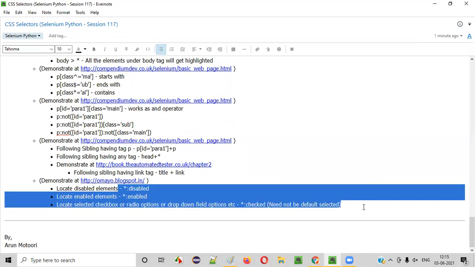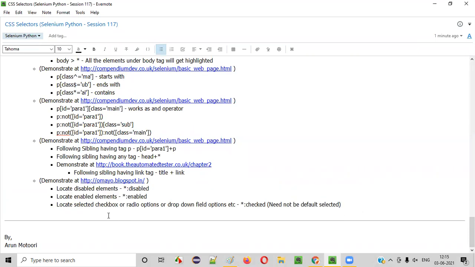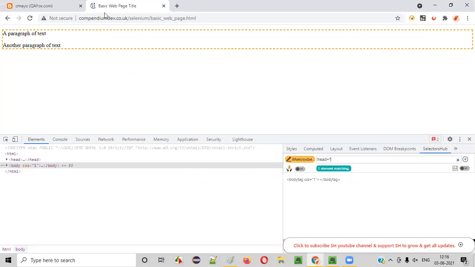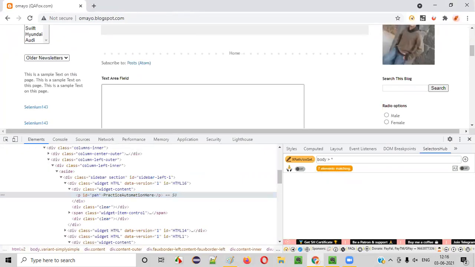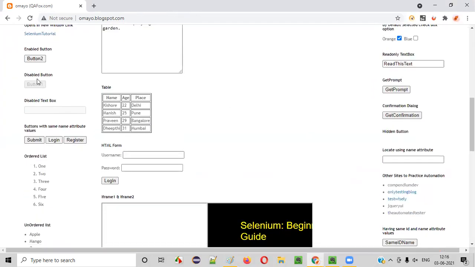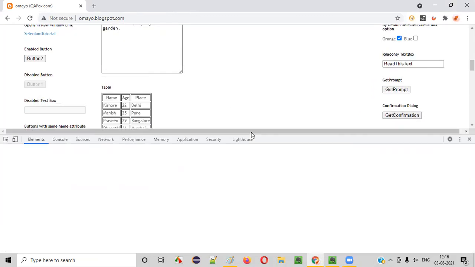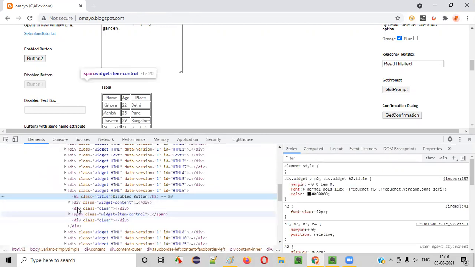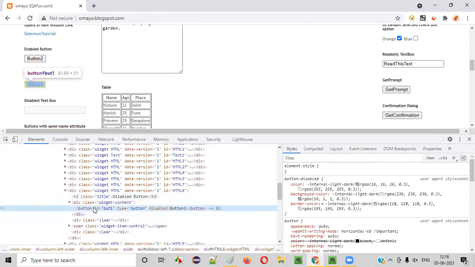Now the remaining things, last few things we have. In this particular page, guys, there are a few disabled elements. For example, this button, if I right click, inspect somewhere here and go to the HTML code of this particular button. This is a button, guys. As you can see, if I hover the mouse on this HTML code, this button is getting highlighted. So why is this button in disabled mode? Because of this attribute known as the disabled attribute, right? Because of this disabled attribute, this particular button is in disabled state.